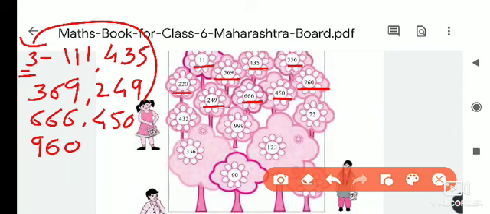Again the next number we have to check is 432. 4 plus 3 is 7, and plus 2 is 9. So 432 is also divisible by 3 because 3 3s are 9. Next 999. 9 1s are 9, 9 2s are 18, and 9 3s are 27, and 3 9s are 27. So 999 will also come in the basket of this girl. Next 72. 7 plus 2 is 9.